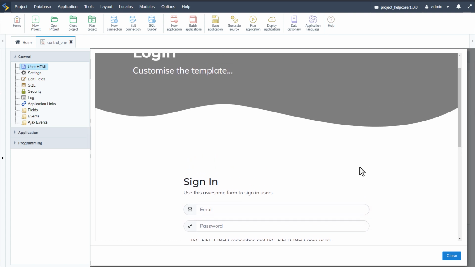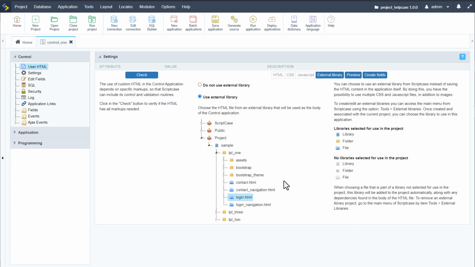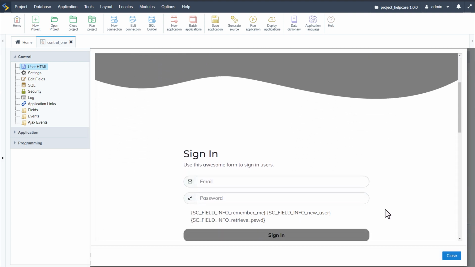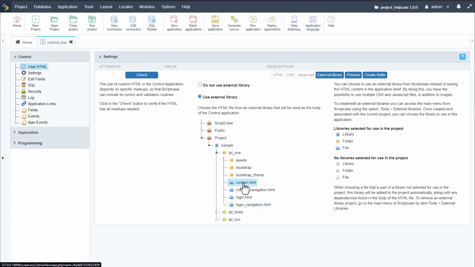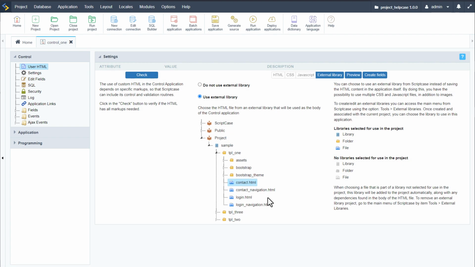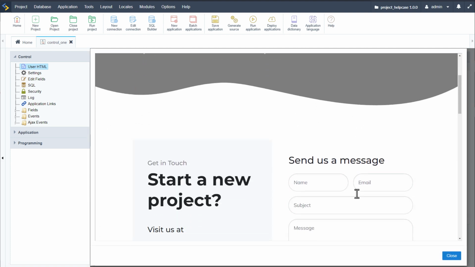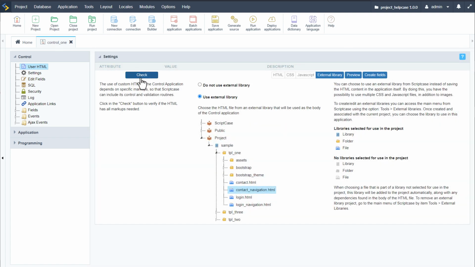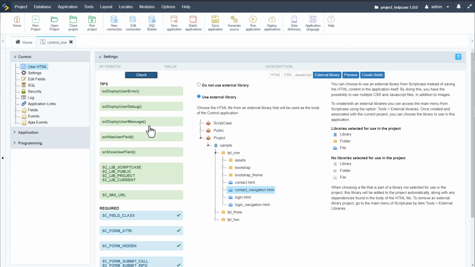Now this is prepared for your control form, and with this you have a login with navigation. You also have a contact form, as well as a contact form with navigation also. And you can check each of these templates that you have available just by clicking the check button here, and it will let you know that everything is required within that template already. So then all you need to do is customize your fields and make any other adjustments that you would want,